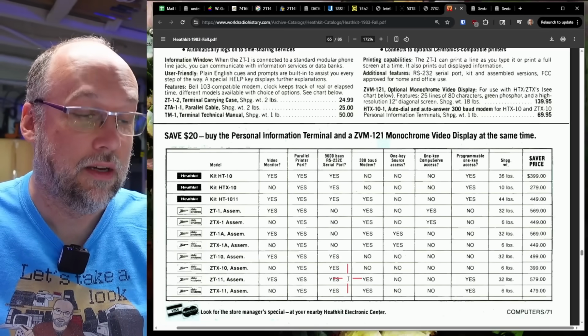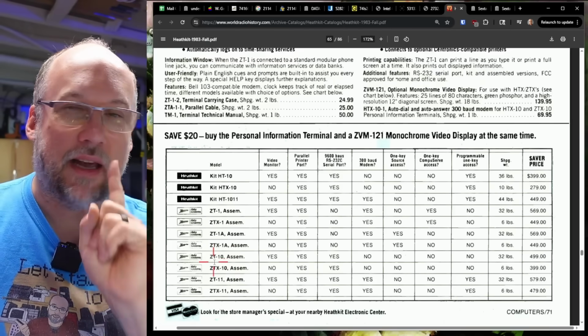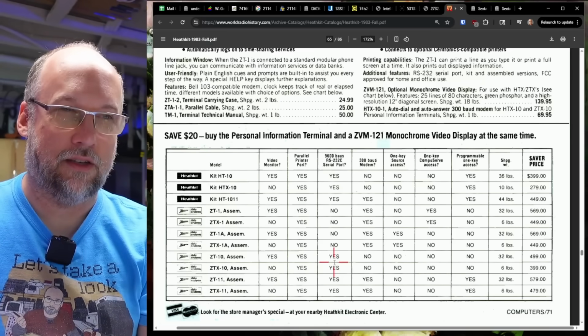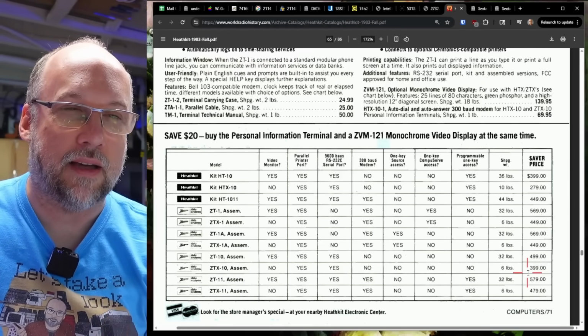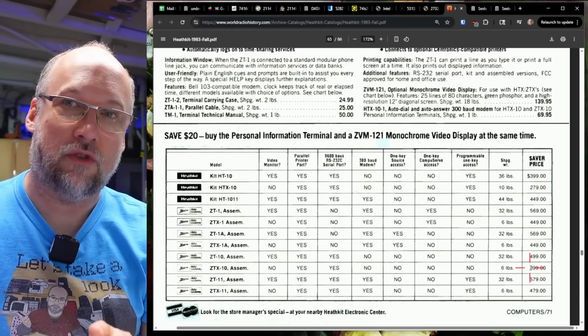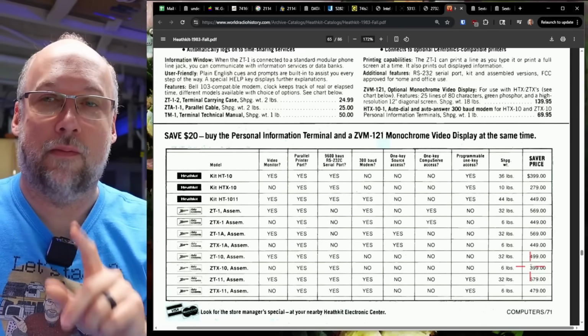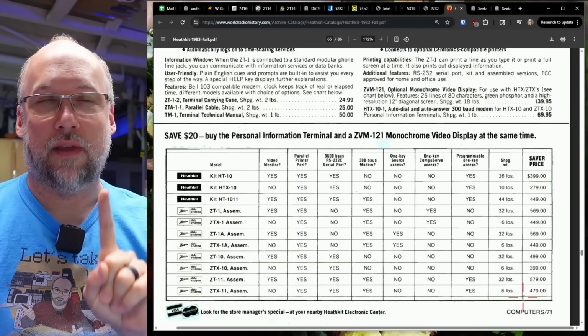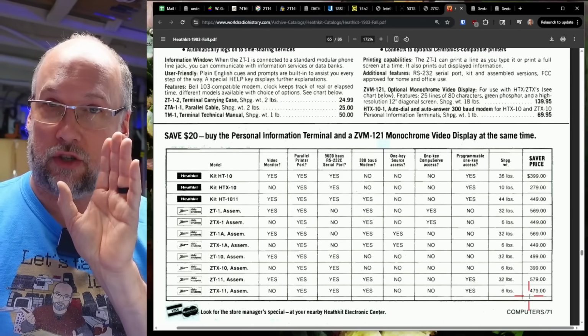That's kind of cool. I wish we had that. Now the ZTX10, which is the version of this without the monitor and has a serial port but no modem, costs a bit less at $399. So you're paying $50 extra for the internal 300 baud modem that's inside this thing. And the ZTX11, which remember has the modem and the serial port, that was $479, which is just $30 extra